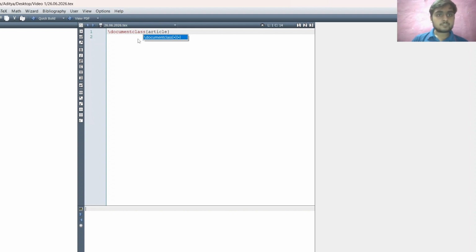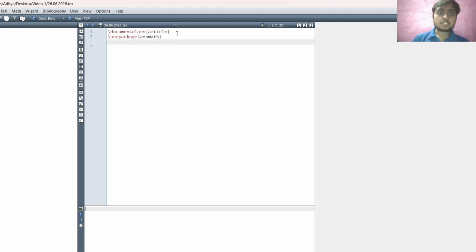Here we can specify the package we want to use in our document. Suppose I am using, because I have to use the align environment, all those environments that we would be using in this practical, they come from the AMS math package. We use package amsmath.